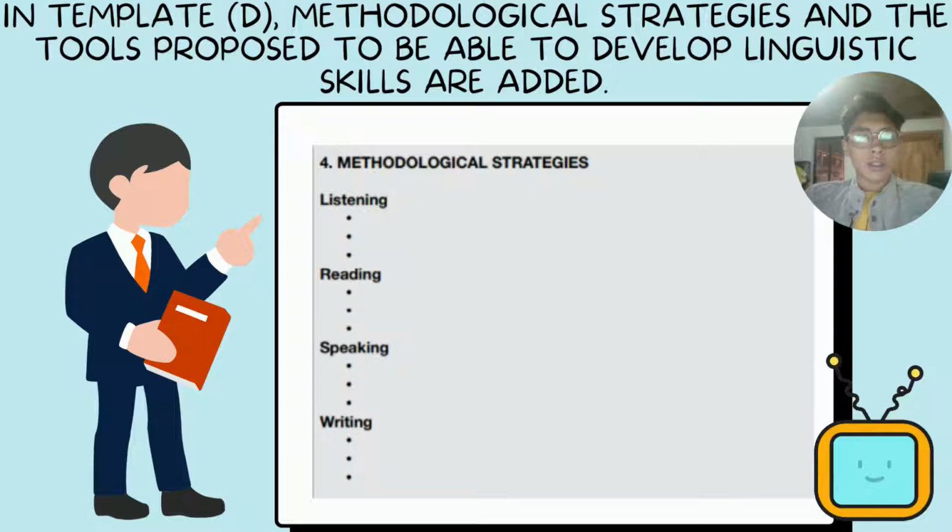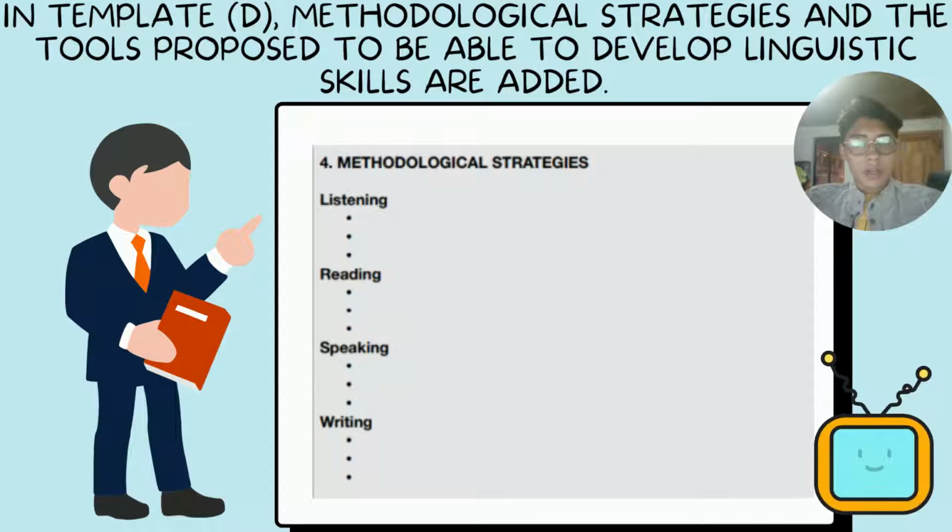Also, in this template, we can add some strategies or some tools that we think could be important or useful in order to develop the curriculum. Take into account the following principles.